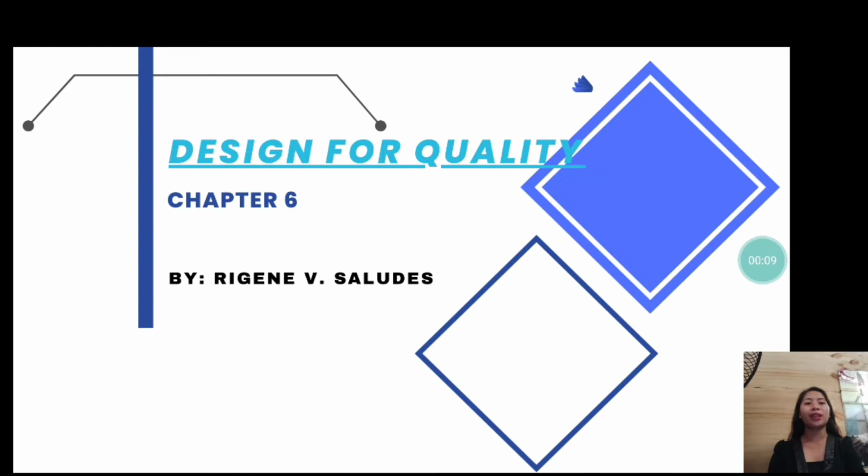So design for quality, it is a process. It is comprehensive and elaborate. Of course, this is not easy. There are many people involved here. When a company is creating something that they want to be of high quality, from the top management to the lower management or staff are involved when they process a design.